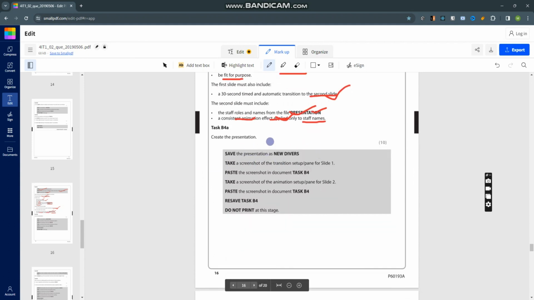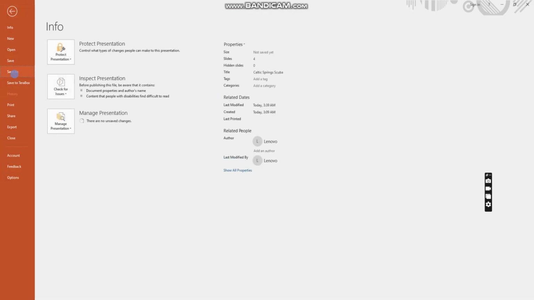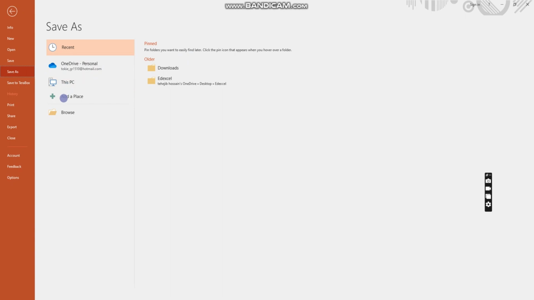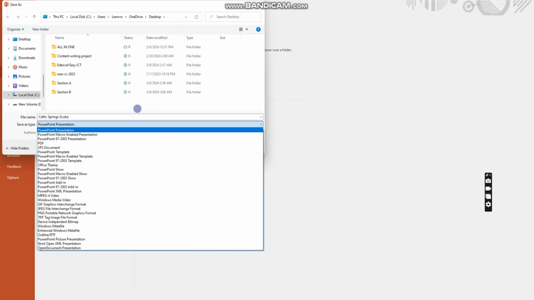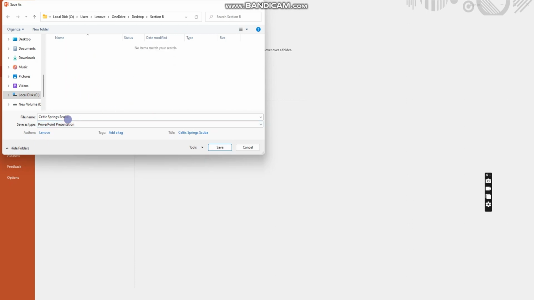So we have to save this as a new driver. Go to your PowerPoint, File, then Save As. Save as where you want to save it. I already mentioned you that create a folder. So we already create a folder which is section B. Go there, and then they're saying new driver, right? So put the file name as a